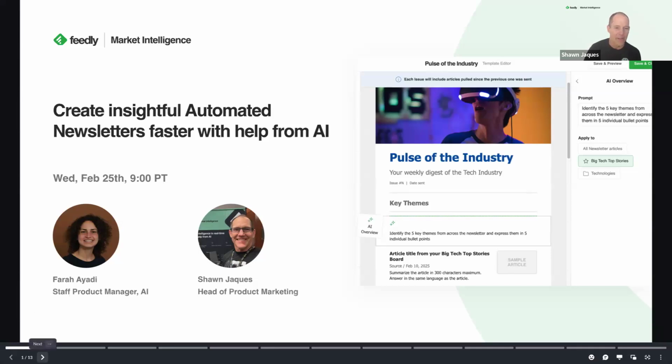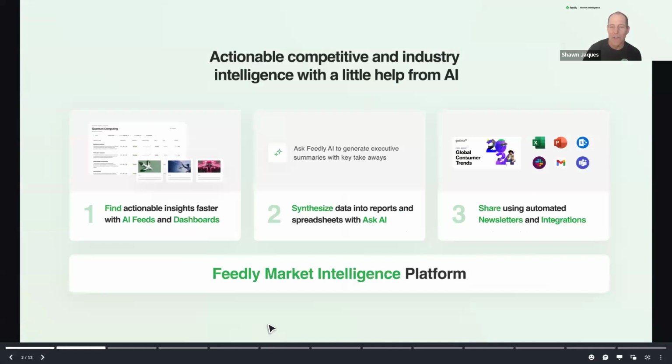So before I get started, I just wanted to introduce you to the Feedly Market Intelligence Platform. I'm sure that many of you already know what this platform is, and perhaps you are actually customers who use it every day and want to get a little more information about how to use AI in newsletters, and that's fine. In fact, if you do, Farah is going to invite you to follow along as she does some of her demo. But this platform is really about helping teams, whether a competitive team, a market intelligence team, or somebody who wants to follow the latest technology trends, to really narrow down their focus and get the right information in